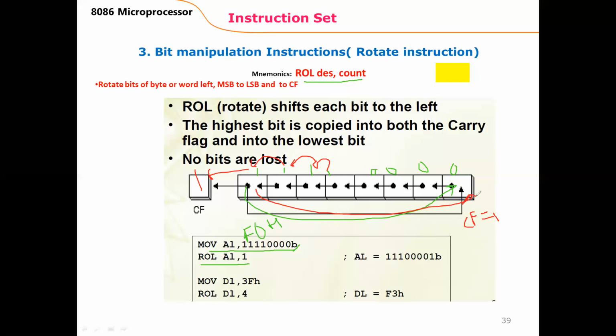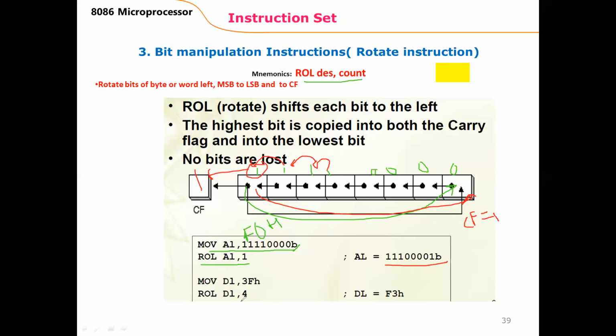So now we can get the difference between the shift operation and the rotate operation. In case of shift operation, this was filled by 0 only. In the case of logical shift, this was filled by 0 only, while in this case we are shifting it by 1 because the value of this MSB is 1. So after one shift we will have the value, this one will go this side, this one will go this side, then we will have this result, 1 1 1, 4 times 0 and 1.